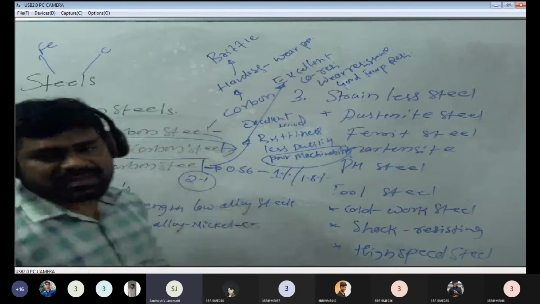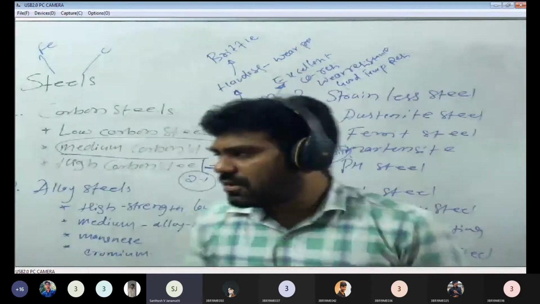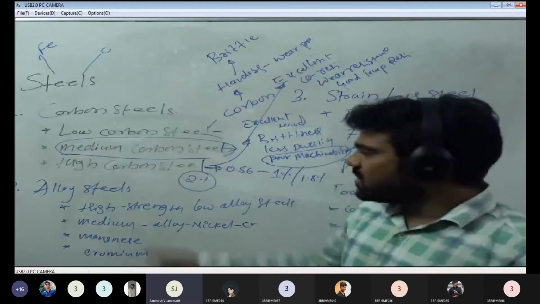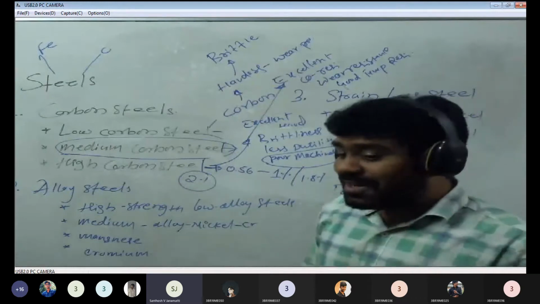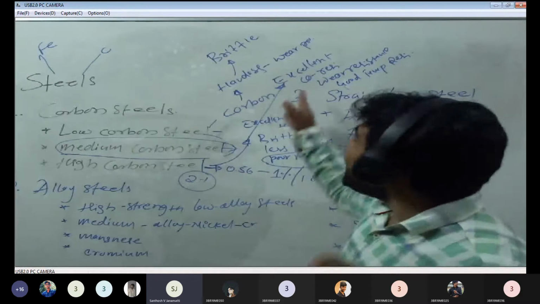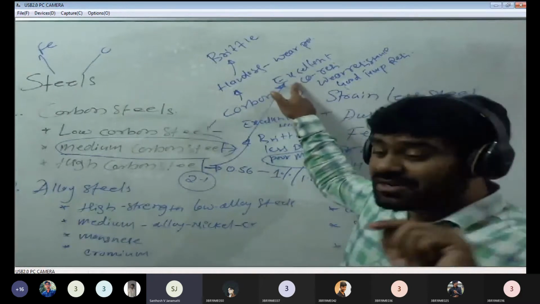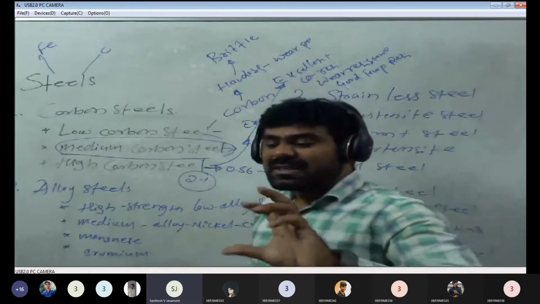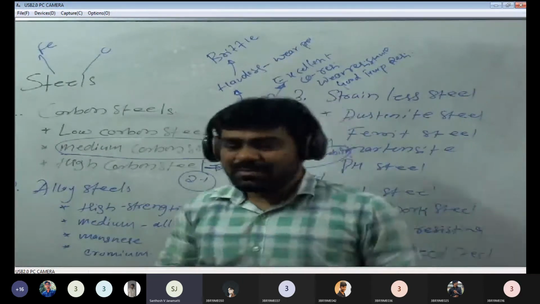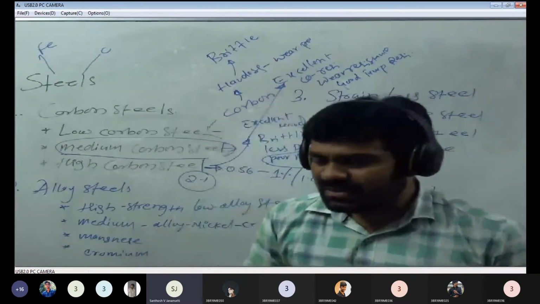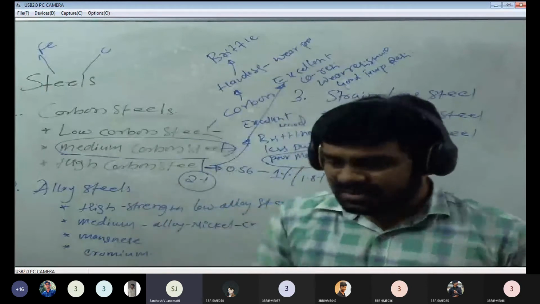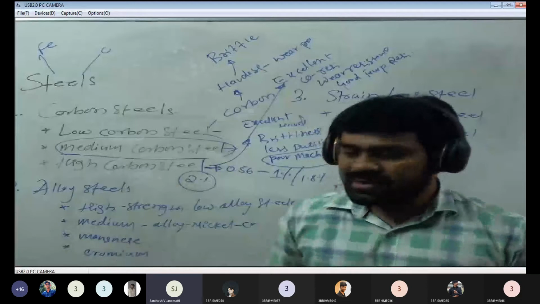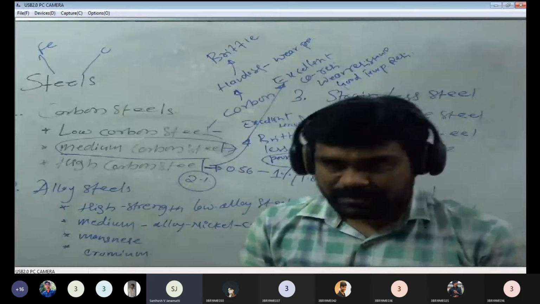Stainless steel, the magical application for stainless steel, you know very well about. A shaving blade is the best example of stainless steel, and that comes under the high carbon steel, because of its excellent corrosion resistance. In that sense, we are using these to make precision tools. Precision tools means bearings, ball bearings and roller bearings made by the high carbon steels. Some domestic applications, like shaving blades, are made by the high carbon steels.